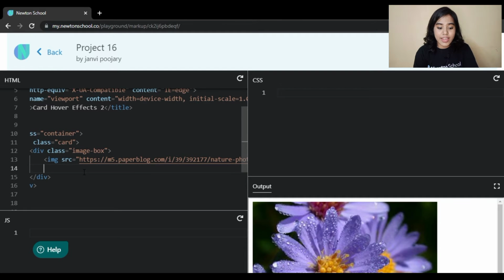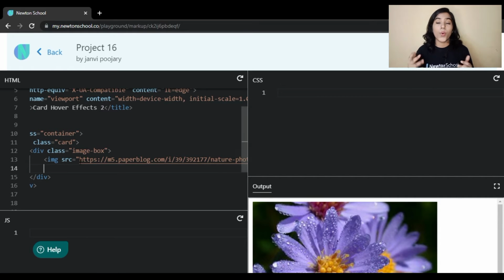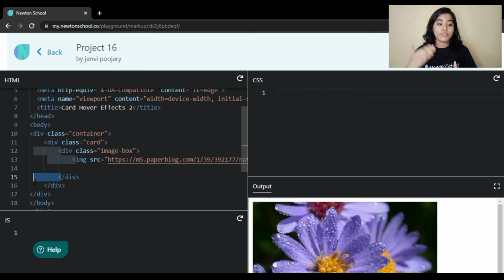Now, as I said, in this hover effect, whenever somebody hovers on that image or the card, we want the text behind that image to slide in. So for that purpose we have to write the content as well. Whatever information you want to add, you can add it here.